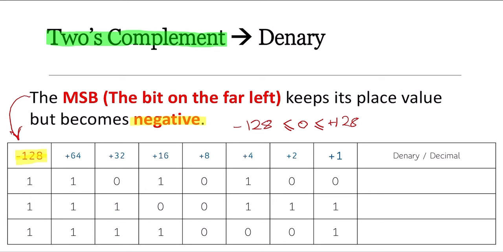So I've got here 3 binary numbers, 1, 2, 3. To evaluate these binary numbers, we look at the place values with 1s underneath them and we add them together. So we've got minus 128 has a 1 underneath it, positive 64 has a 1, positive 16 has a 1, and positive 4 also has a 1. And if we add all of those up together, we get a value of